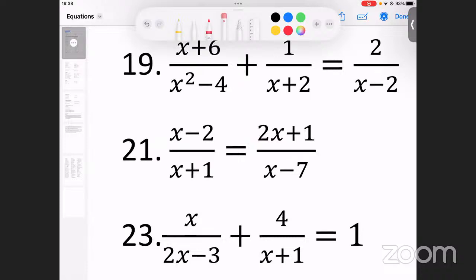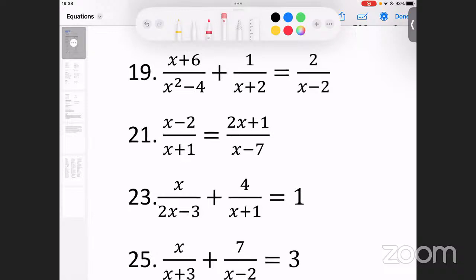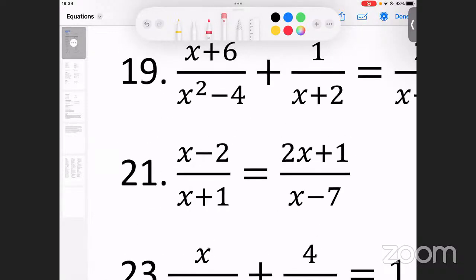But now, what would you then do in this case? I'm interested to know, what would you do in this case, Cheho? So my LCD would be x plus 1 multiplied by x minus 7, in brackets. Okay, so your LCD is your way to go for everything you say, right? Yes, sir. So it's either you do it the Juanita way or the Cheho way, whichever way works for you.